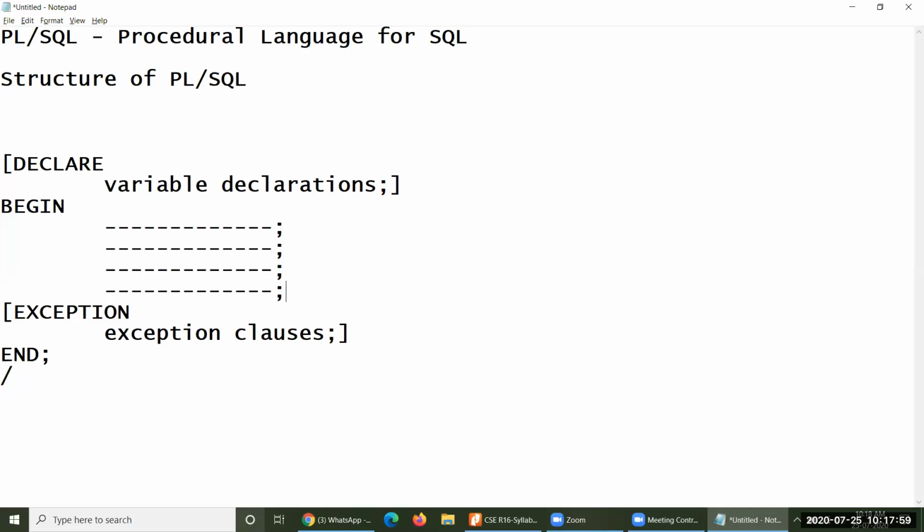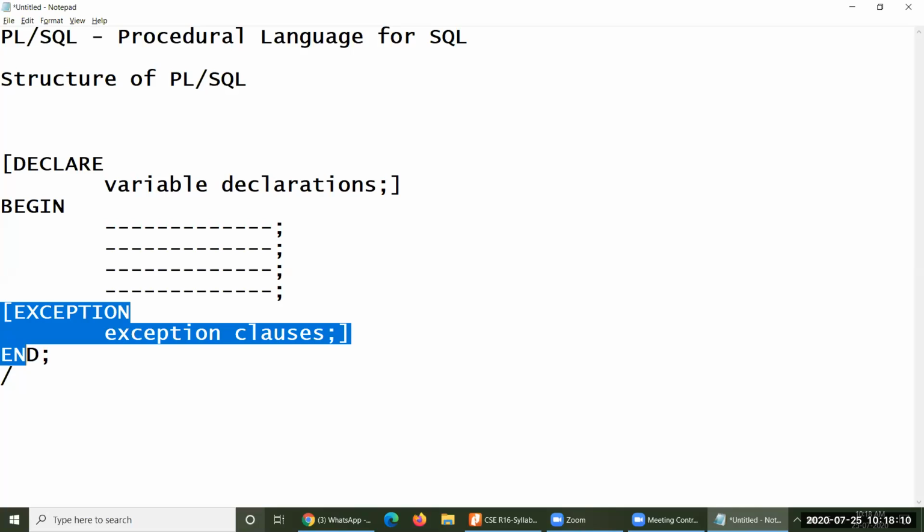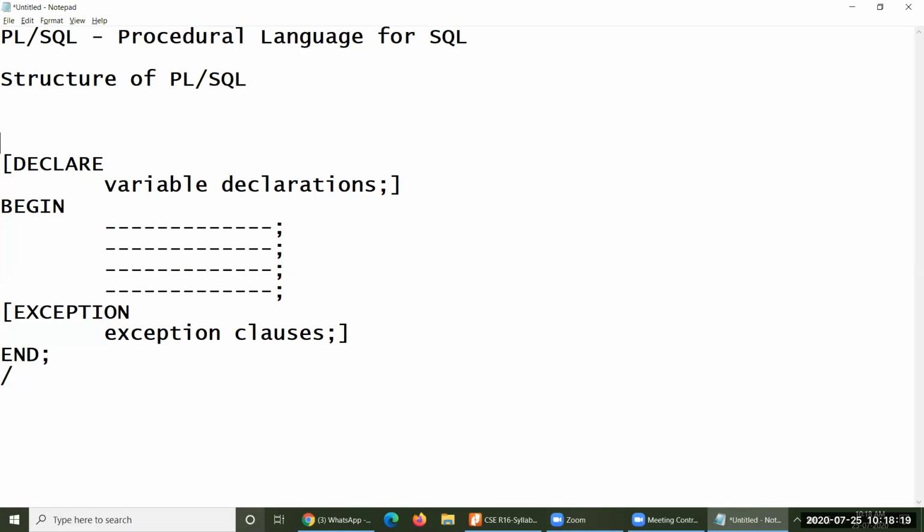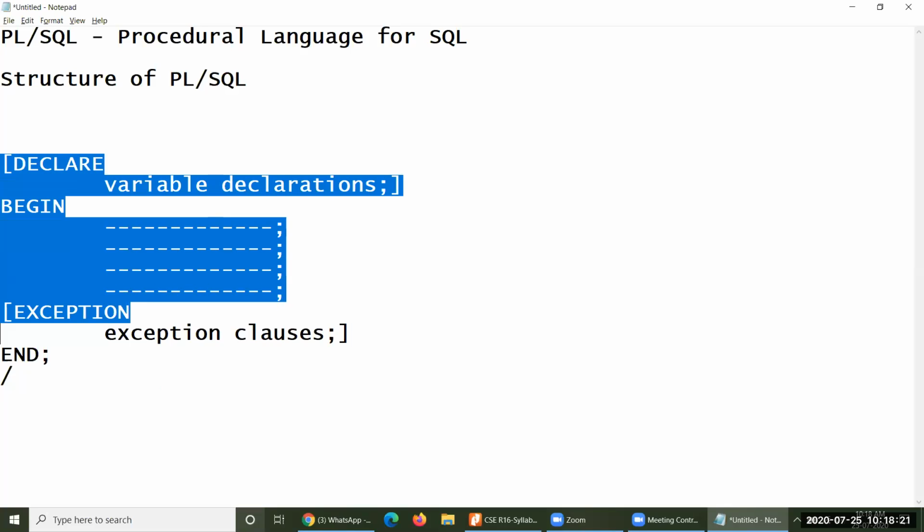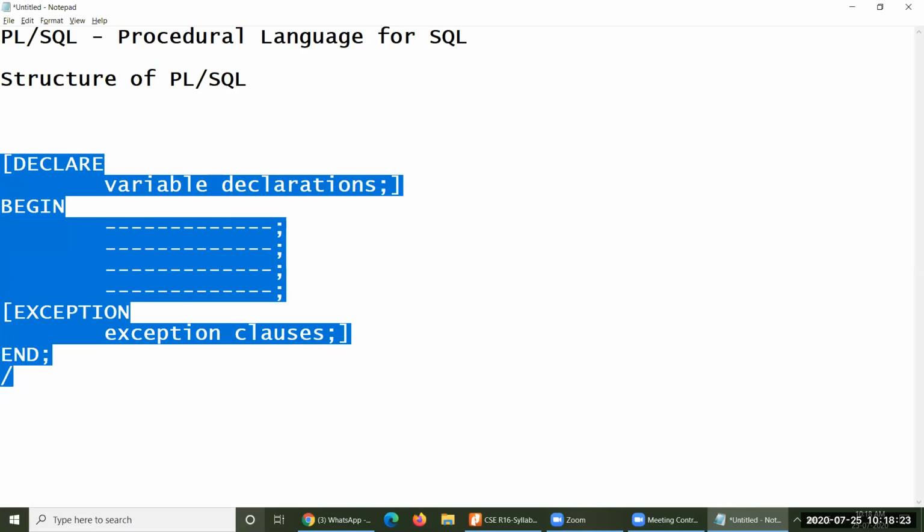And if you are working with pure databases, when databases must be worked out by you, then obviously you may have some kind of exceptions. If any exceptions are raised by your database, obviously you have to use this particular exception. Otherwise, the exception clause could not be used here. So in this way, you have to declare. I mean, the structure of your PL/SQL program could be seen in this way.